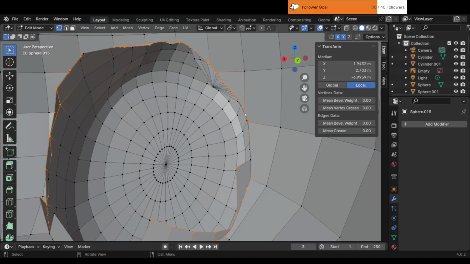In Blender, the process you might be referring to that helps